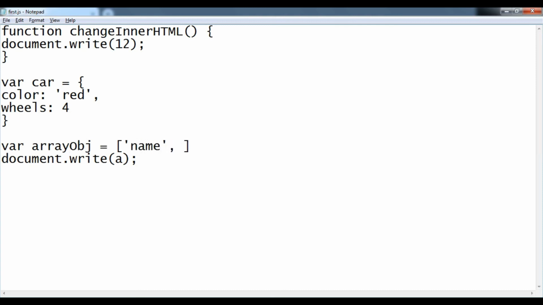So let me print these values of the array, save it, and refresh.